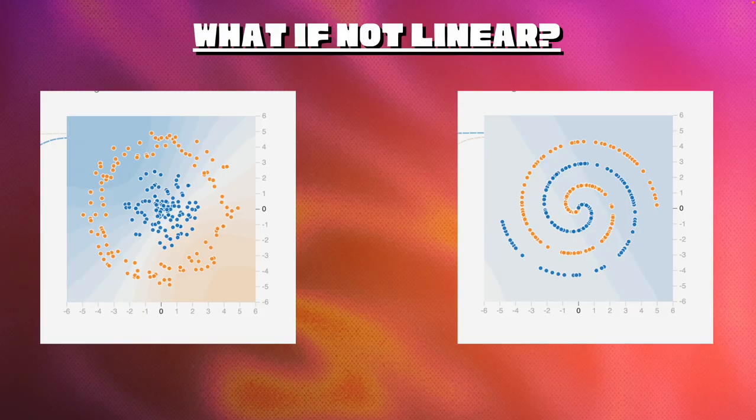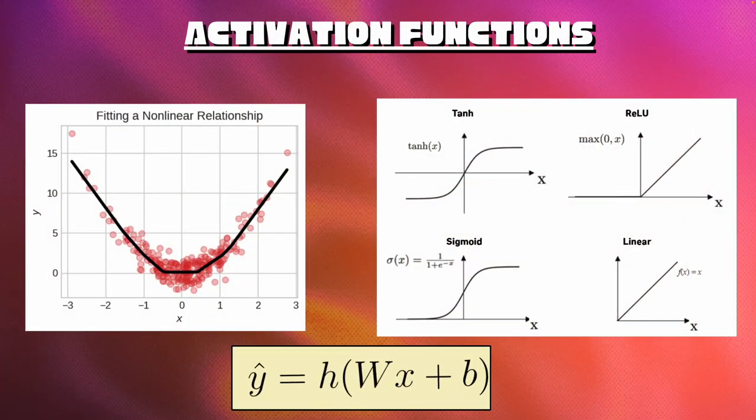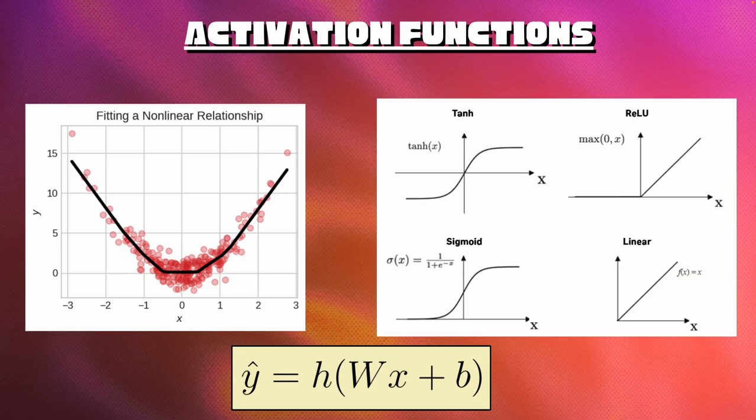We introduce something called activation functions right here. Linear layers can never move from planes. Without these functions, they will never learn nonlinear relationships. And in order to fit the curve, we use these functions to actually learn. So you can see right here, we took our function, your y equals mx plus b, and wrapped it around a function h. That represents our activation function.